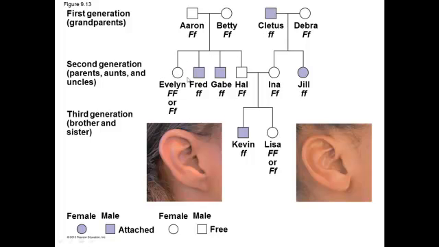Leaving Evelyn. Evelyn does not have attached earlobes, but we can't determine for sure whether she is homozygous or heterozygous, unless maybe she has children. If she ends up having a child with attached earlobes, then we would know that she were heterozygous, but if she doesn't, we really have no way to tell the difference. So I hope you see now how it's easy to use a pedigree to try to determine